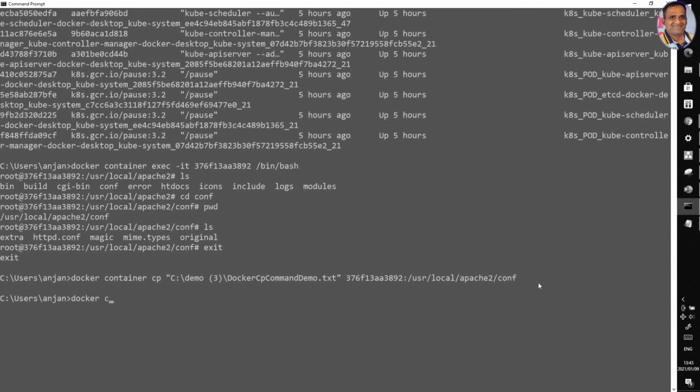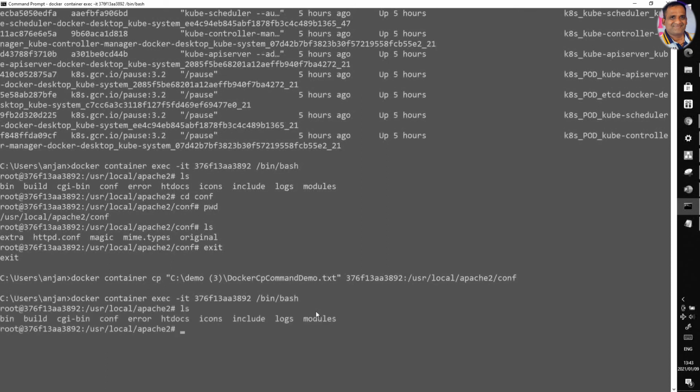So docker container exec -it, container ID, the container ID is this one, then followed by bin bash.